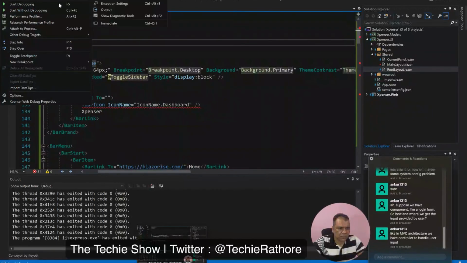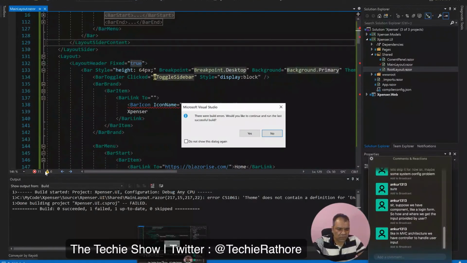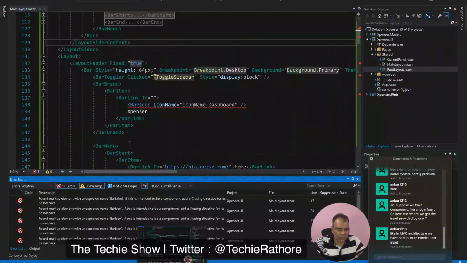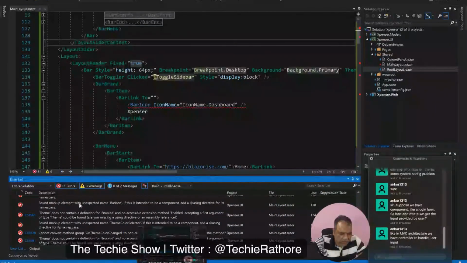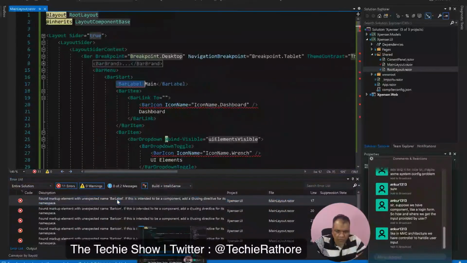Let's run this thing and see how it works. Okay, there are errors. Found marker extension, bar icon, bar label.